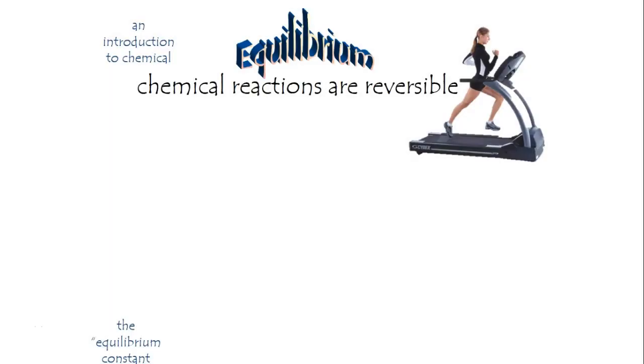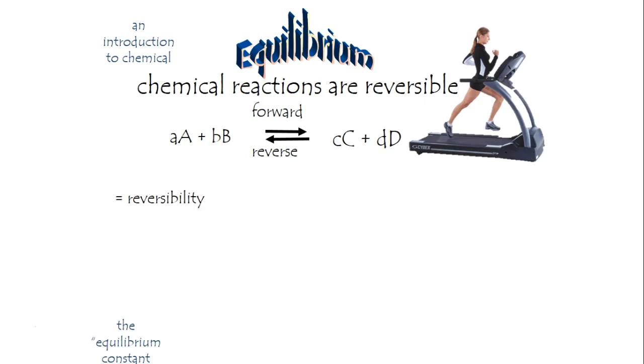Chemical equilibrium. Chemical reactions are oftentimes reversible, and why not? If A plus B can turn into C plus D, why can't C plus D turn into A plus B? Well, it oftentimes happens, and you get stuck. The reaction gives you a lousy yield because it's in a state of reversibility, where the forward rate equals the